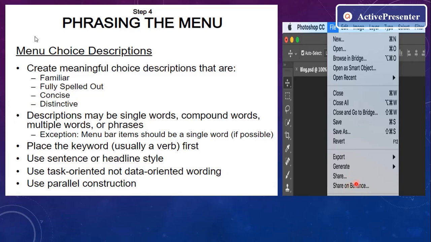If you write just that much, you will understand what exactly you can do in completing a task. That is called parallel construction. So instead of writing print a file, execute a program, eject a disk, if you simply write print, execute, eject, then you can easily do the task. So when choices are composed of phrases, use a parallel word construction in creating the choice descriptions for related choices.